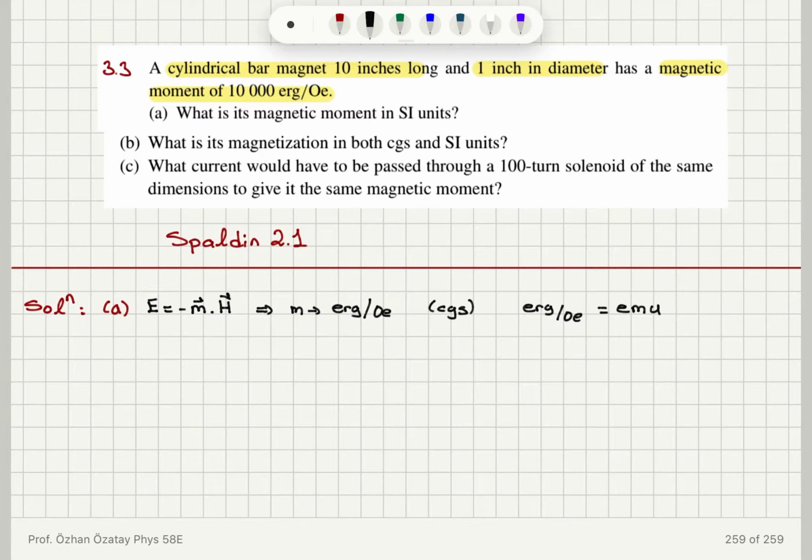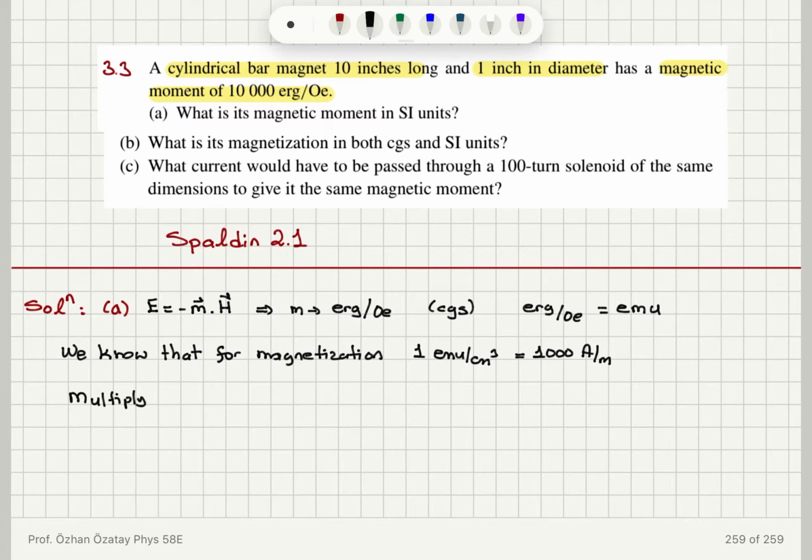And we know the following for the conversion between CGS and SI. For magnetization, we have the following conversion. For magnetization, 1 EMU per centimeter cube is equal to 1000 ampere per meter. So if I multiply both sides with 1 centimeter cube,